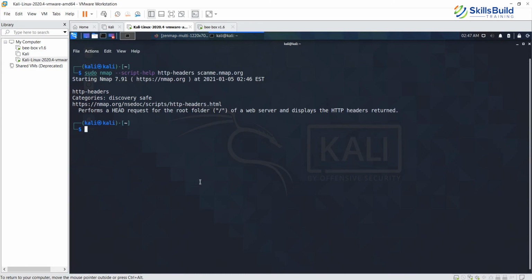So now let's load all HTTP modules in the default scan repository. We do this: sudo nmap, then we define the target web server, 80.130, then --script, then I would say http-*. So I'm going to load all the HTTP modules or scripts.